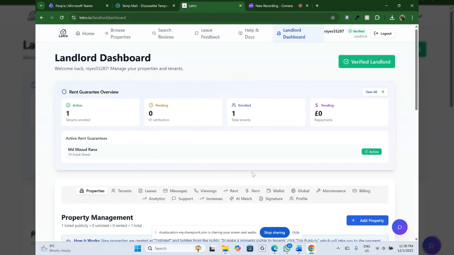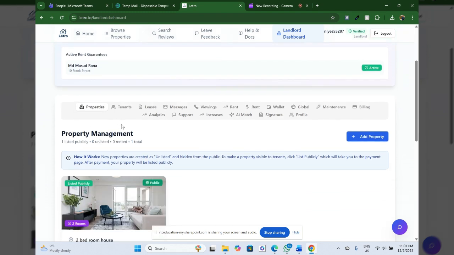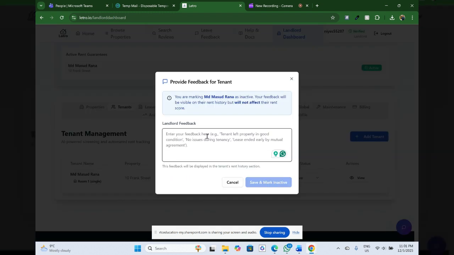We have one important part to show. Let's assume you want to end a tenancy agreement, because the tenant wants to leave for another property or for money reasons. So how do you end the tenancy agreement? You simply go to Tenant, click on Tenancy Status, click on the Inactive button, then you leave the tenant